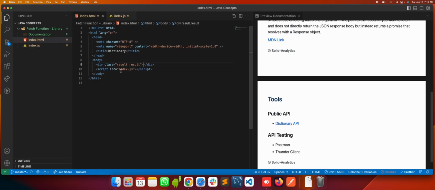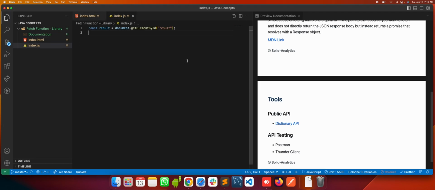Since we are using class result here, this is the ID, and there should be another. Okay, that's good.